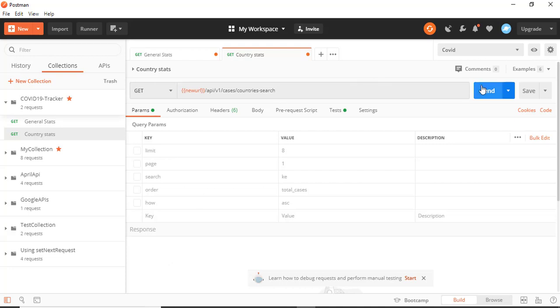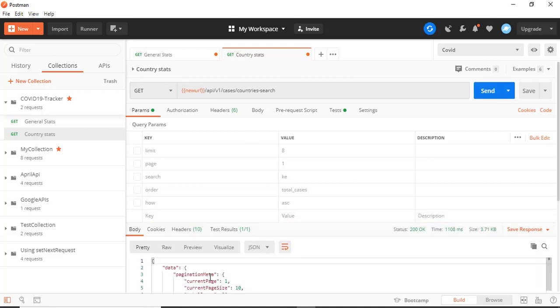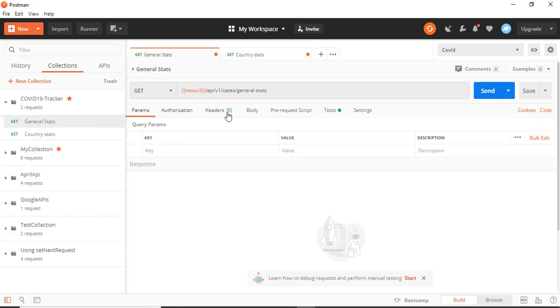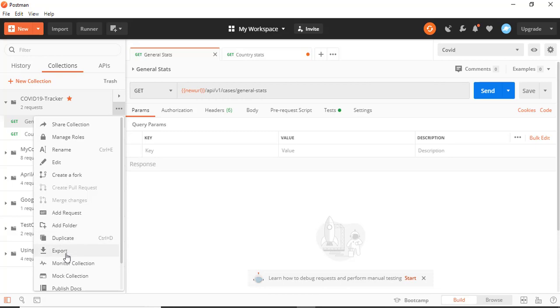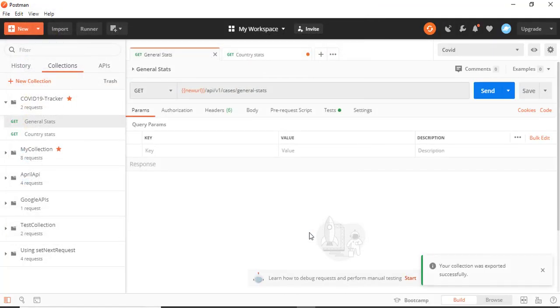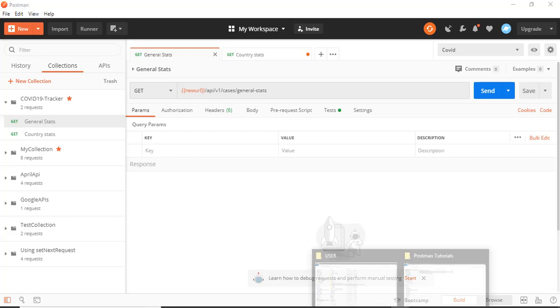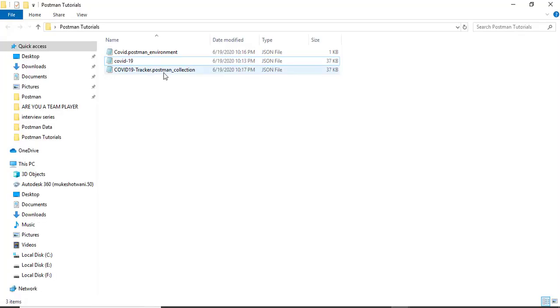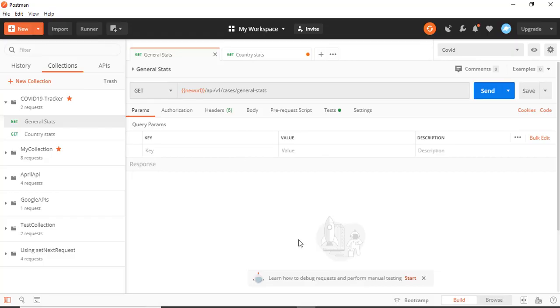Now just to cross check whether it's working fine or not. Yes, it's working, and the moment I put the mouse over, you can see it's getting updated. Now here comes the main deal. If I simply download this collection now, just export, and let's export, fine. Now let's go back and see here. So this is the new file. If you can see, this was like 1017. This is the latest one.